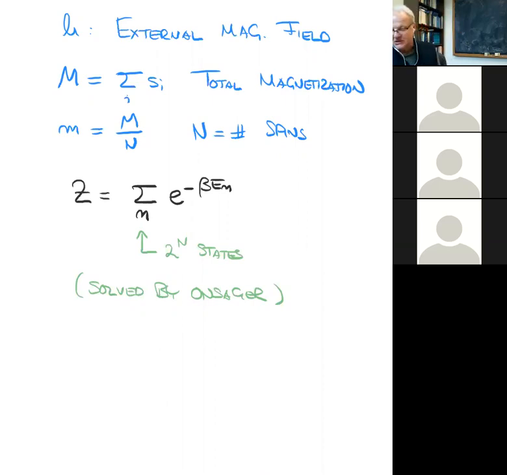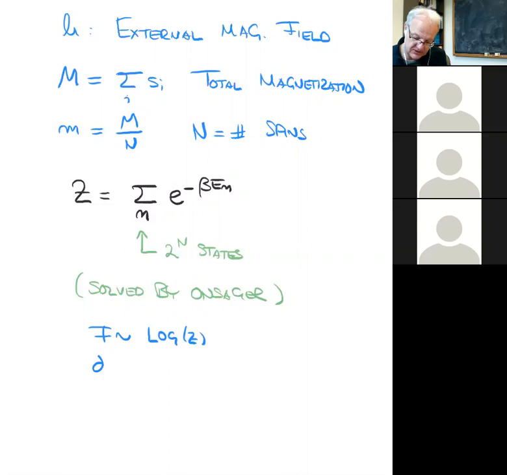Okay. But what do we expect? I mean, if we could somehow solve it, compute the partition function, what you would want to compute is something like, what is the average magnetization of the system? And the average magnetization of the system for a partition function like this would just be the derivative of the log of Z. So if you could somehow compute Z, again, you could compute the free energy, which is the logarithm of Z.